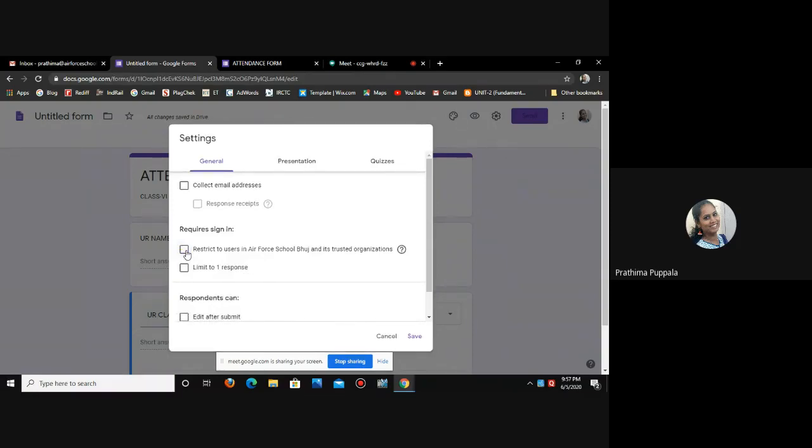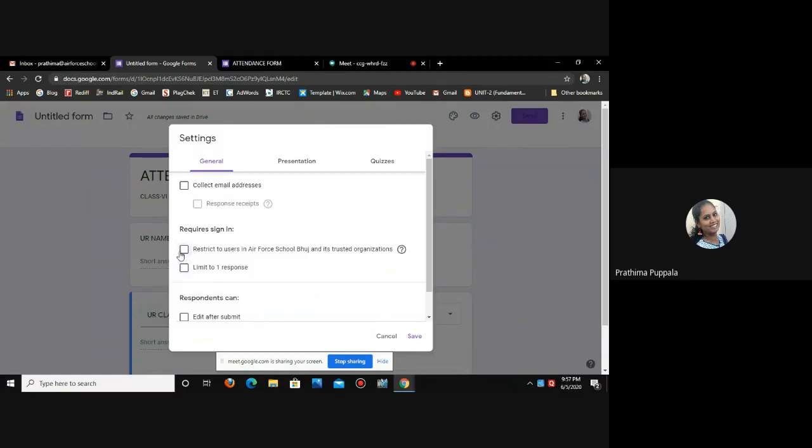Right now, all the students are getting email IDs with the Air Force school name, so you need not do this process. But maybe it will take time for the students to start using those IDs. It is new to them. So till then you have to go to settings and uncheck this box. What does this mean?